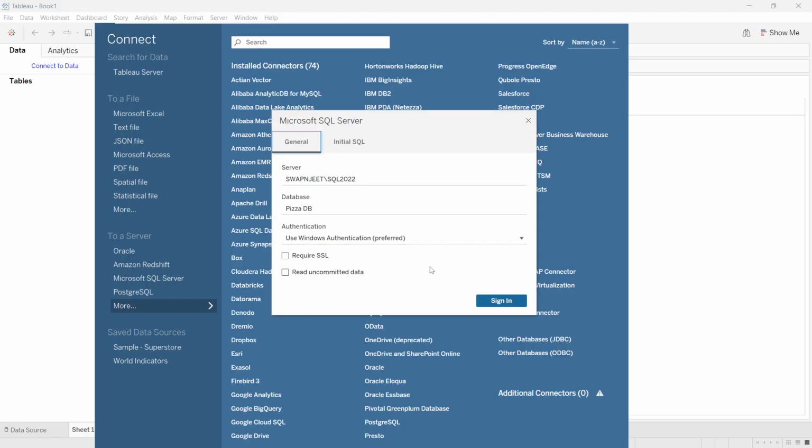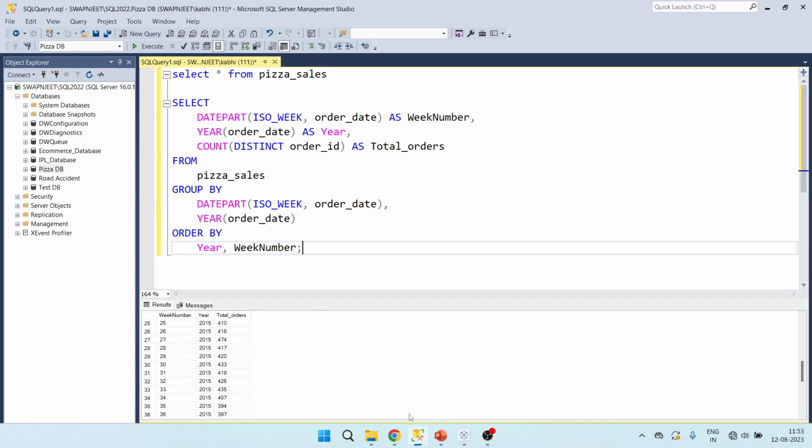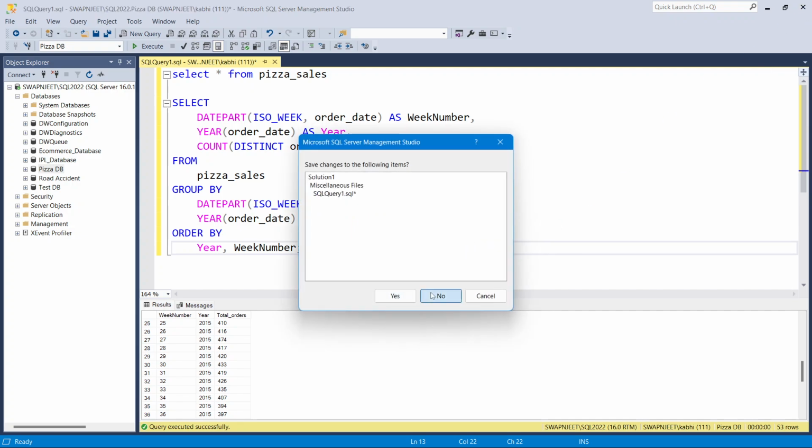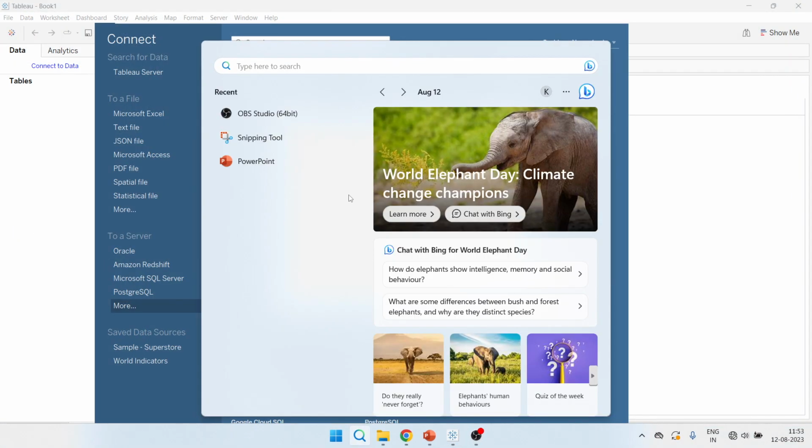So I will just click on it, and here you can see there are different options available. So here it is asking us the server name. So I've already added the server name. Okay. So always remember the server name. I will show you what should be the server name. So you can see this is my MS SQL Server database. So what I will do, I will close this and I will again open it,